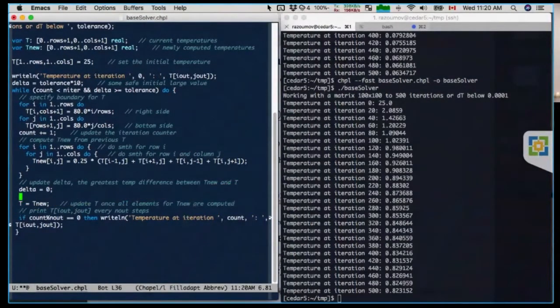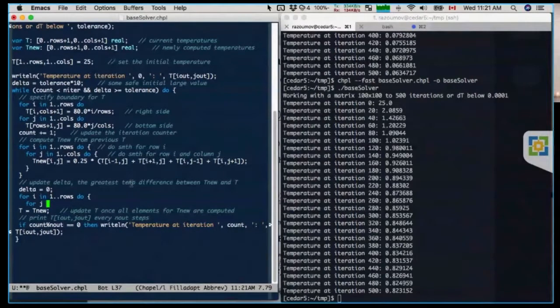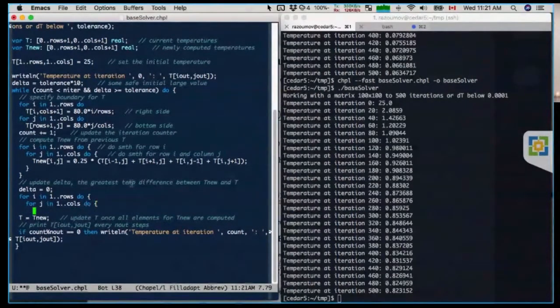And then we simply cycle through all rows and all columns. For i in 1, 2 rows, do. And then curly brackets, for j in 1, 2 columns, do. Open curly brackets. Then here's where we're going to use the temporary variable tmp. So calculate the difference between T new and T at point ij, but we need to use the